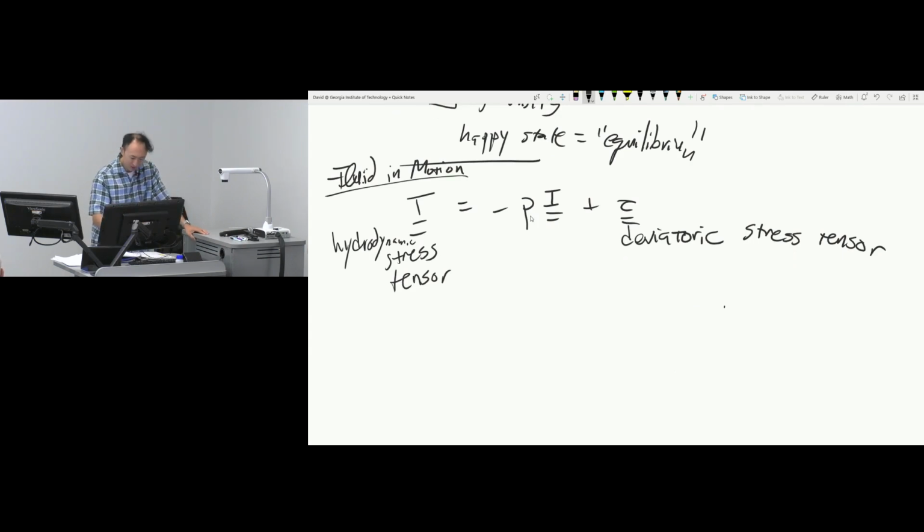People argue about this deviatoric stress tensor, what could it depend on? Well, if P is including all the static fluid, then this deviatoric stress tensor, they call it deviatoric because you want to take the word derivative and make it into an adjective, and they just made it into that. So it involves derivatives, spatial derivatives of velocity. But as we know from doing homework 1, del U,